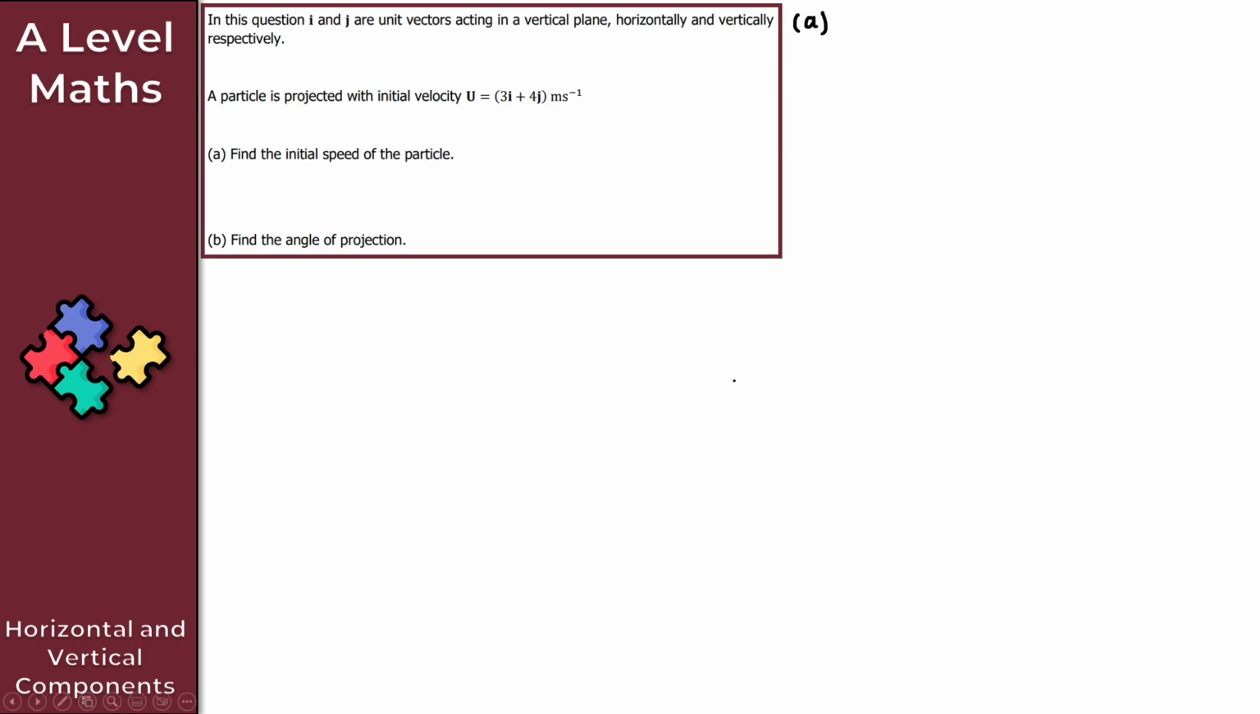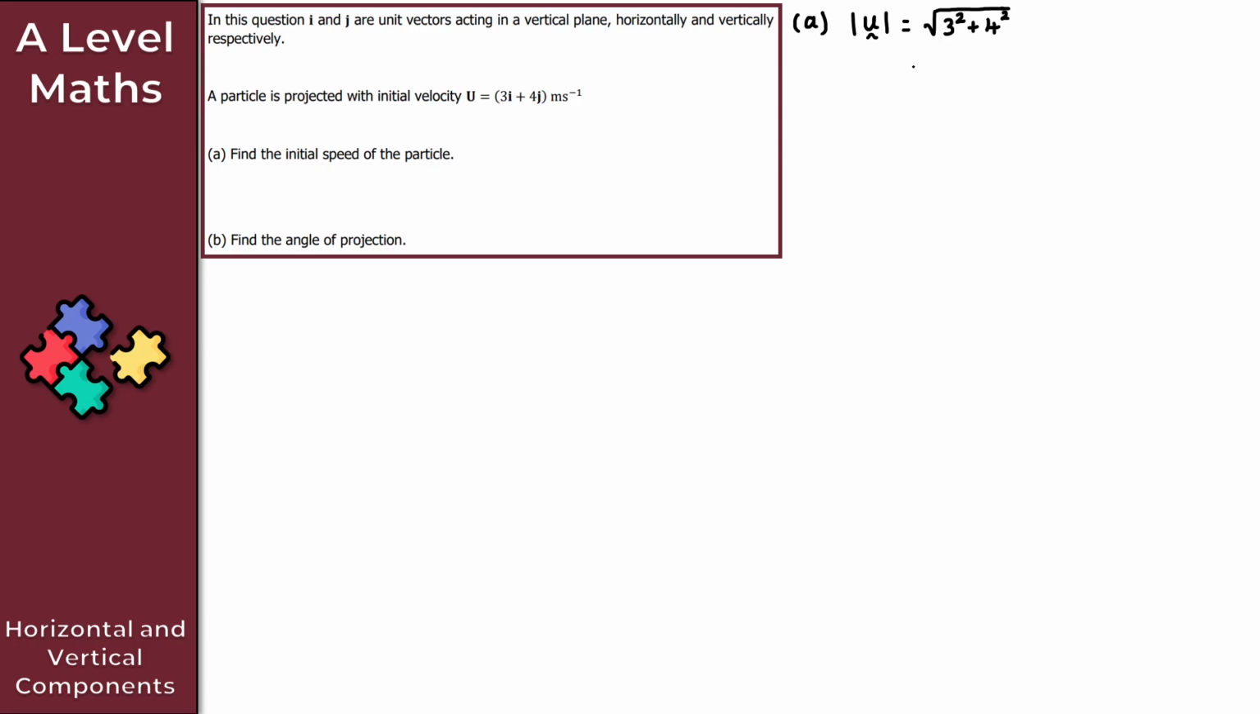So how do we find the initial speed of the particle? Well, all we simply need to do here then is find the magnitude of the velocity vector. Don't forget that speed is equal to the magnitude of velocity. Okay. So finding the magnitude here of the velocity vector, that would give us then the square root of 3 squared plus 4 squared. We get 3 squared plus 4 squared,